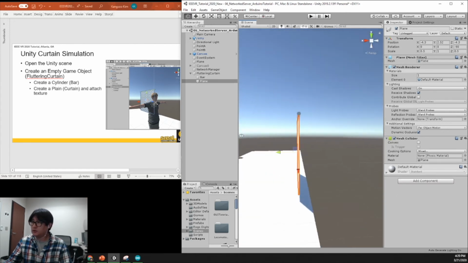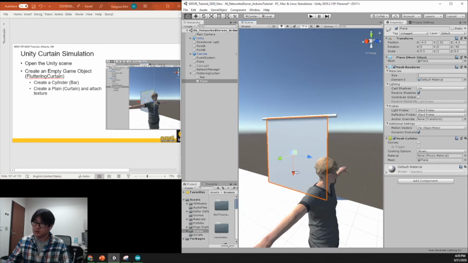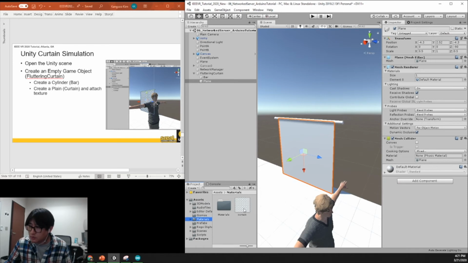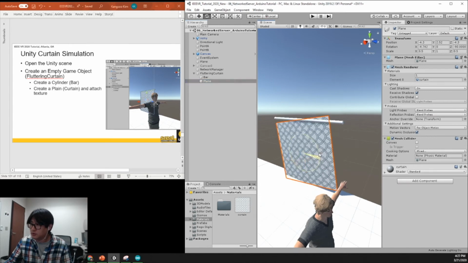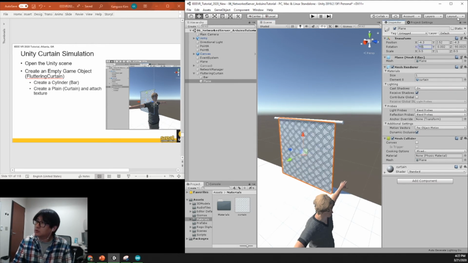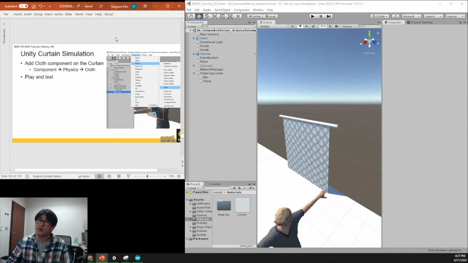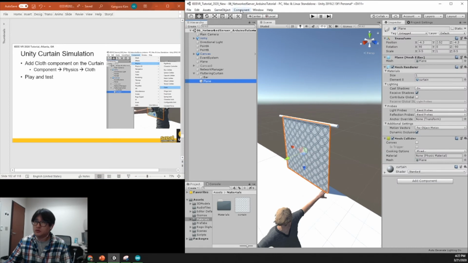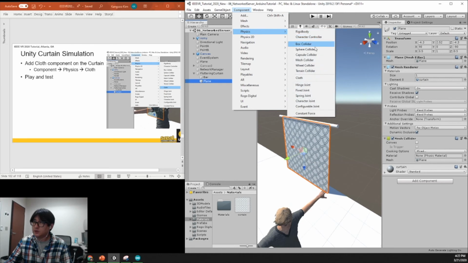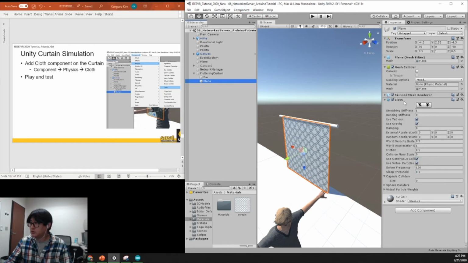And if you want, you can add some texture for this curtain. I actually downloaded one of the curtain textures before, so you can basically update this. It doesn't look good, so you can change the direction like this. Okay, so here's a curtain, and then here, add a cloth component on the curtain. So you can add a cloth component using Component, Physics, and Cloth. Then this component will be added to this plane. So let's change the name to curtain,